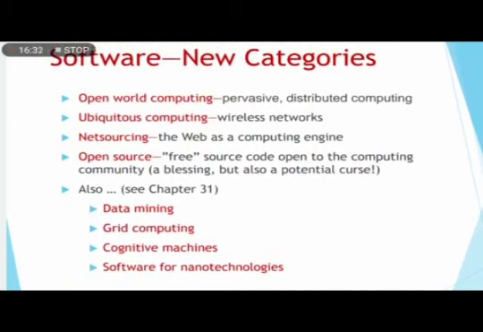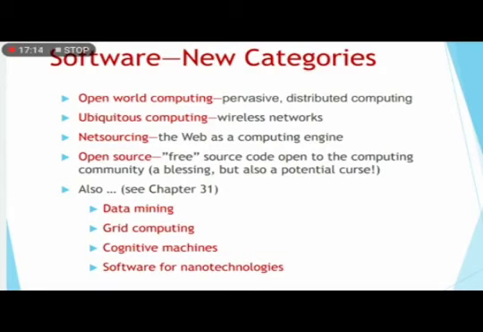Now, first one is open world computing. Millions of software engineers worldwide are hard at work on projects in one or more of these categories. In some cases, new systems are being built, but in others, existing applications are being corrected, adapted, and enhanced. It is common for a young software engineer to work on a program that is older than she is. Past generations of software people have left a legacy in each of the categories we have discussed.